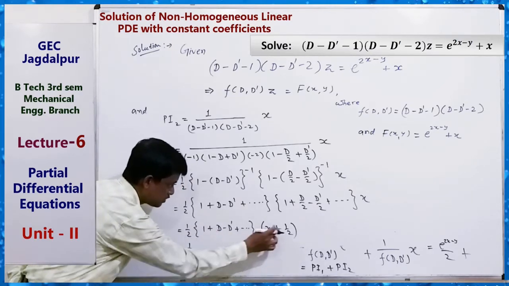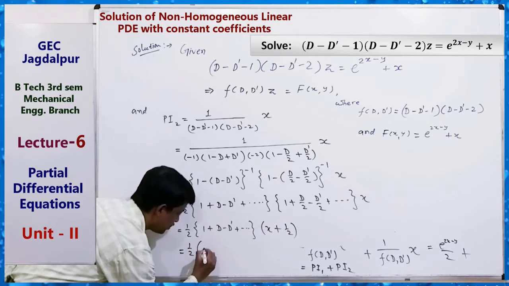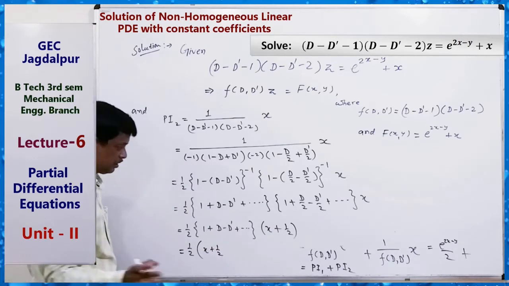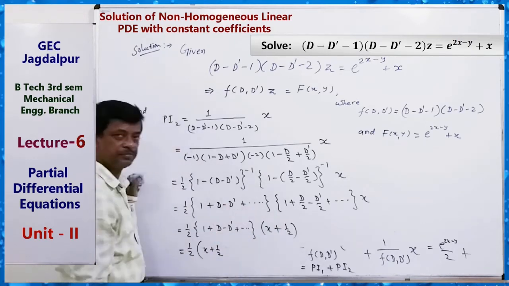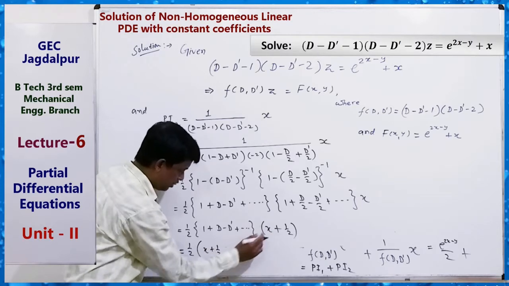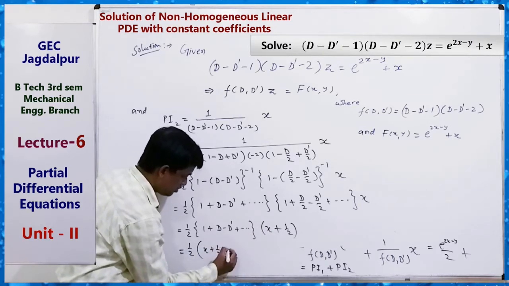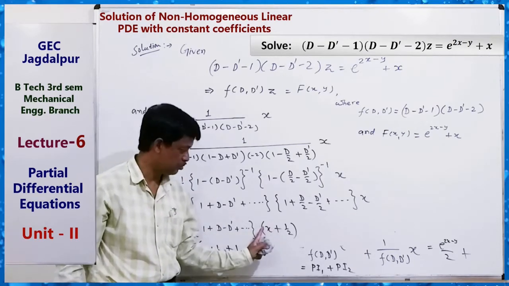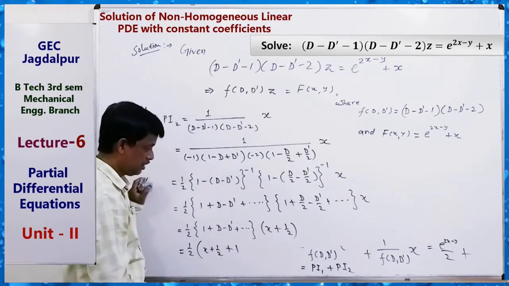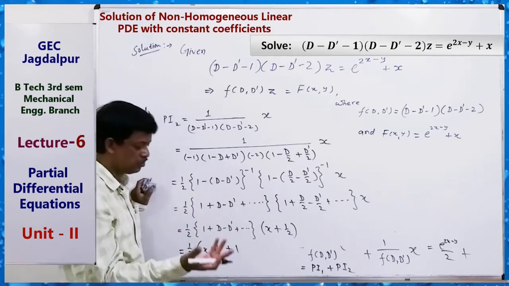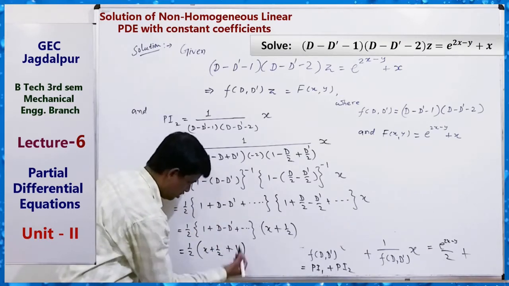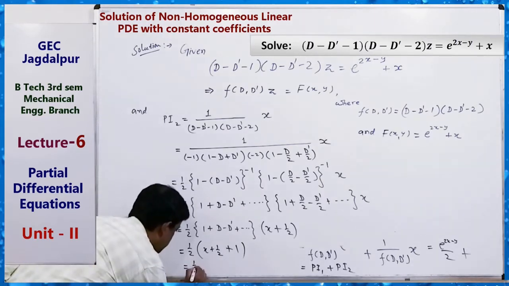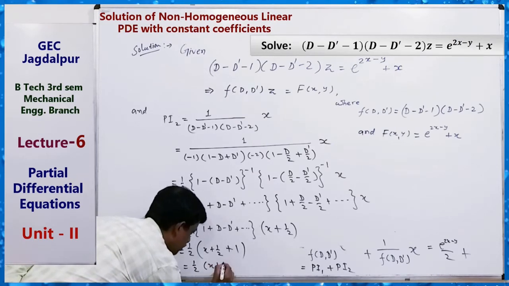So first part x plus half. X plus half in 1. And d of this, differentiation. So this is 1 plus 1. D of this, 1 plus 0 plus 0. And here d dash means del by del y, 0, and higher 0. So this is the term. Okay. So this is equals to 1 by 2 x plus 1, 3 by 2.